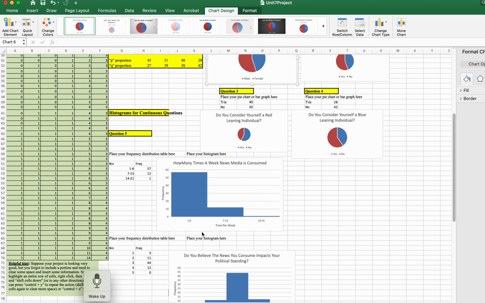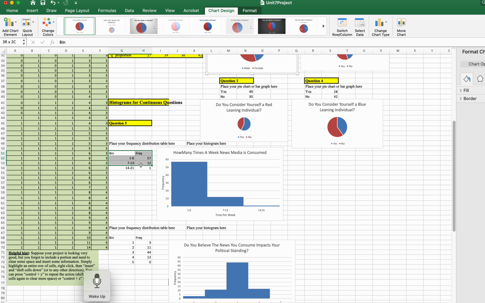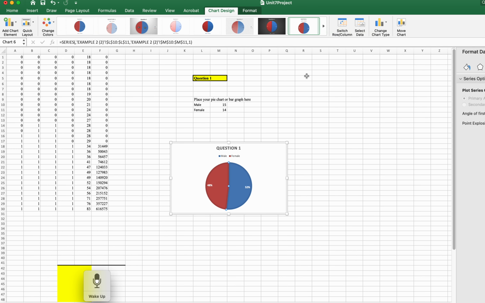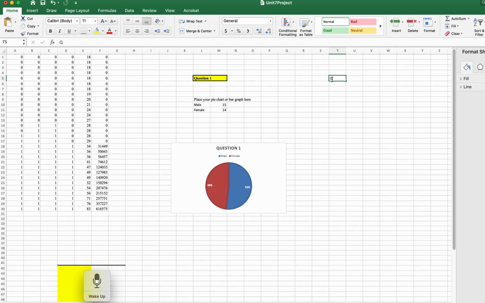So to get my histogram, then I'm going to have to complete this band and frequency problem. You can't do it from the raw data. So if I want to go into my histogram, I'm going to have to create groupings. So let's say here's question 4. Let's just imagine that my bins are like 10 to, let me see. Let's say 20 to 30, 30 to 40, and there's explanation on the template on how to get these, but